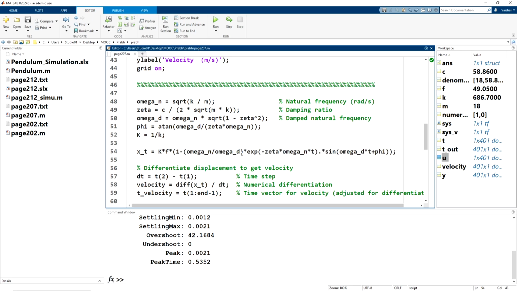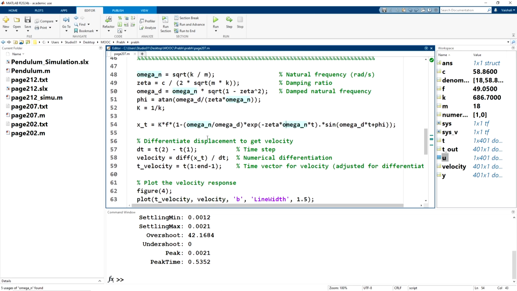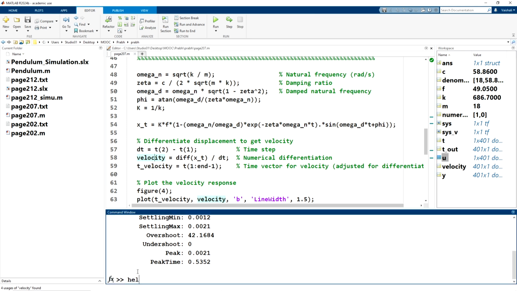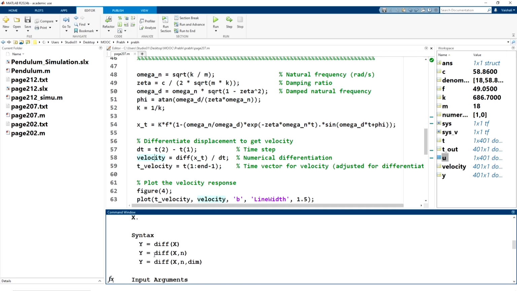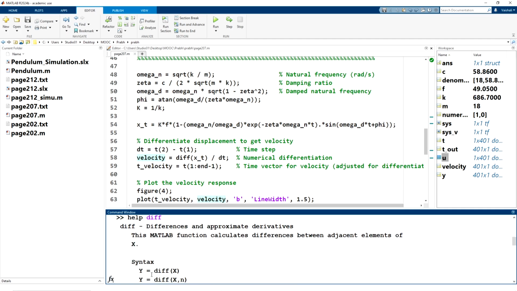Now what we need to do is differentiate this equation with respect to time. So the syntax for differentiating is diff. Again, you can search for this command, help diff. The diff is an approximate derivative.